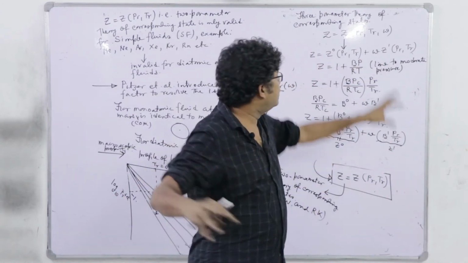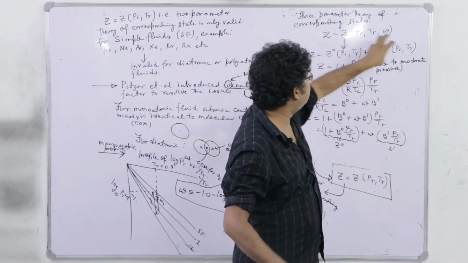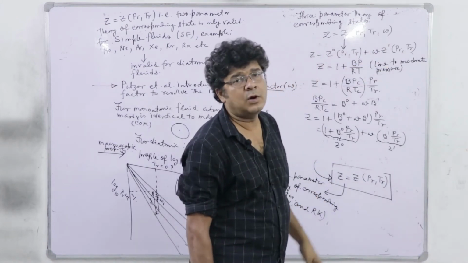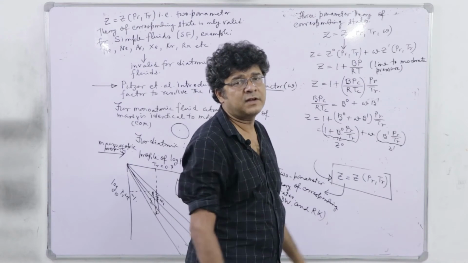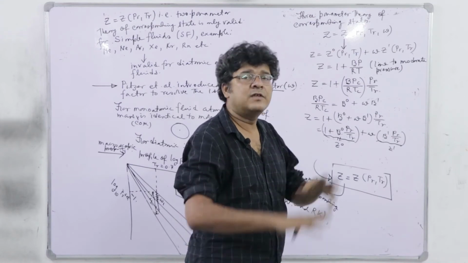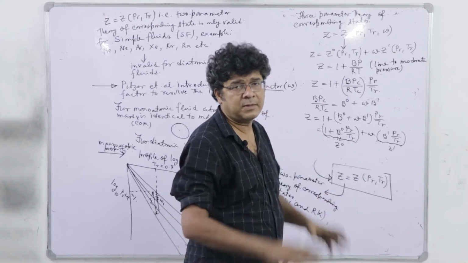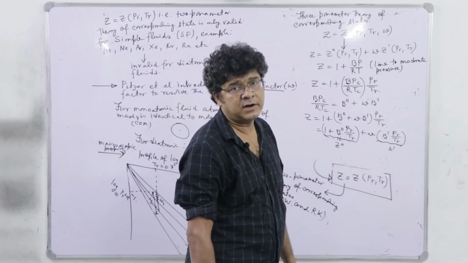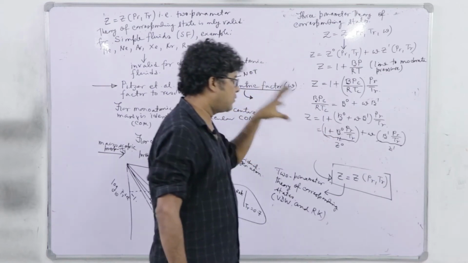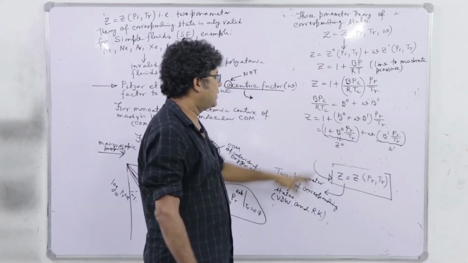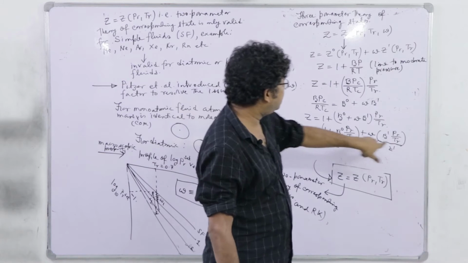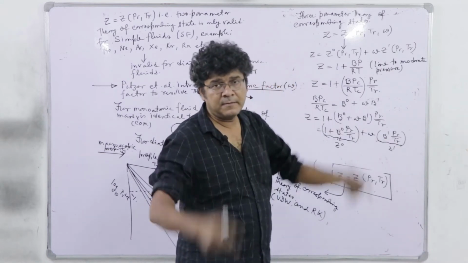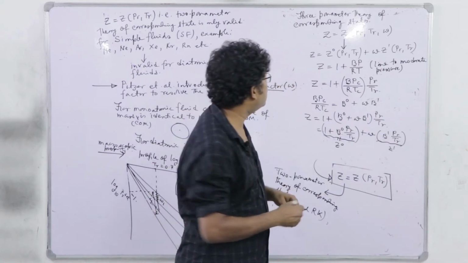So, knowing omega and knowing Z, you can get the value of Z0 and Z1, and you know already at what reduced temperature and reduced pressure this has been measured. So from there you can generate the profiles of Z0 and Z1 at different PR and TR. Once this data is at hand, they tried to match these two expressions with the Z0 and Z1 for low to moderate pressure.